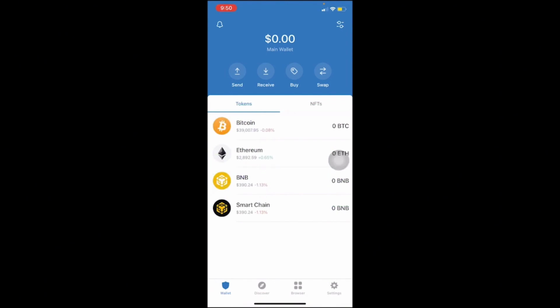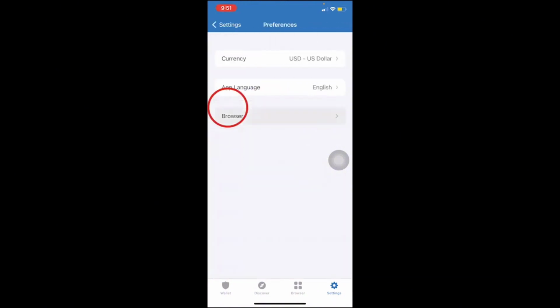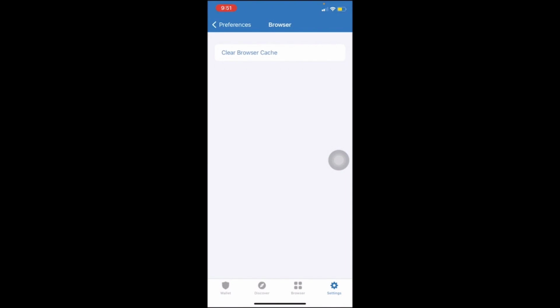Alright, now to delete your cache, you can simply go to settings and go on preferences and go on browser and click on clear browser cache. Click on OK. Now what this is going to do is delete your browsing data, which means just like in your Google Chrome you have browser history, you have browser history on your Trust Wallet as well. Once you do that, your Trust Wallet browsing history will be cleared,